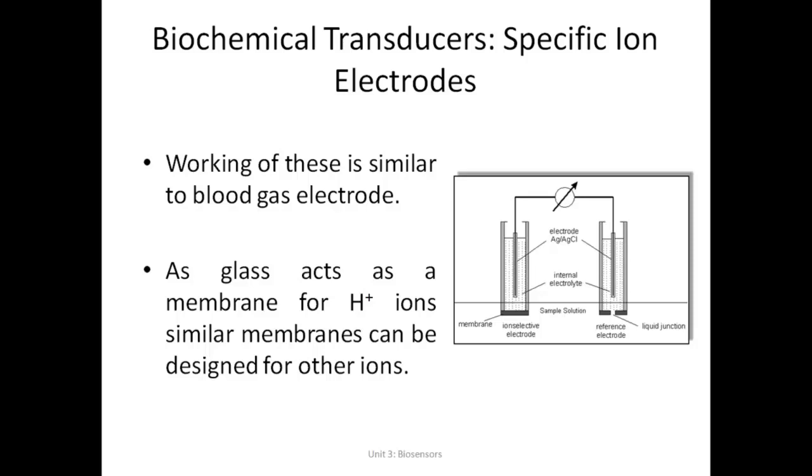So these are some of the biochemical transducers or electrodes which we use for measuring the chemical compositions and concentrations in various body fluids. Of course, it is a transducer because the chemical reaction or the chemical concentration is being converted into electric current. So we have four types of biochemical transducers, and they help in measuring various types of chemical concentrations or chemical constituents of the body fluids.